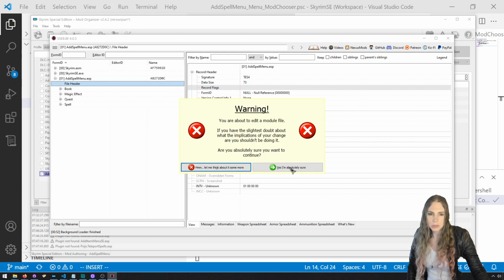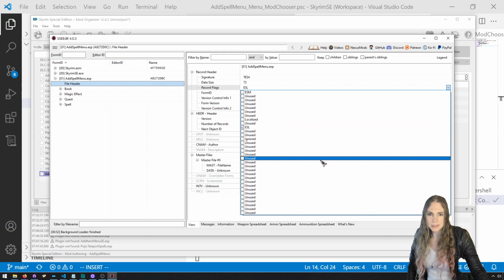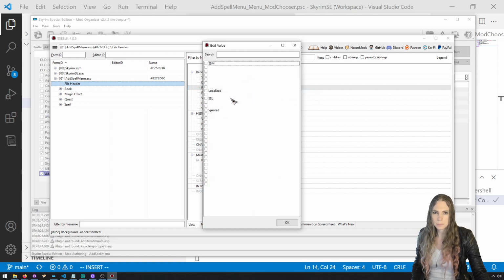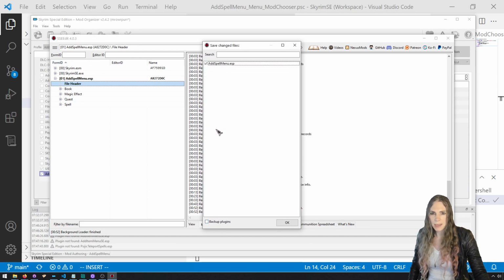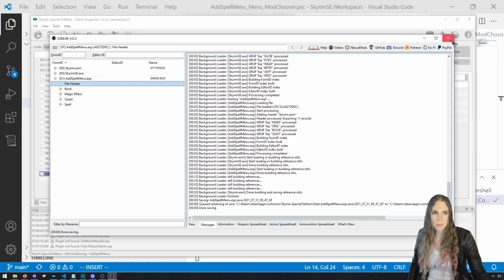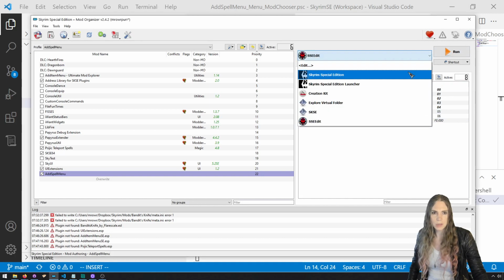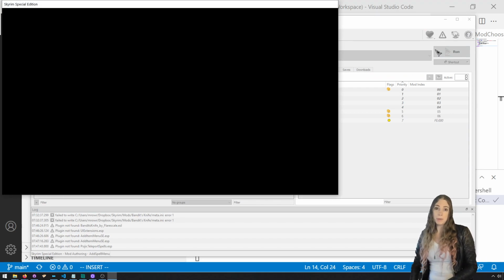It'll ask us if we're sure. Yes, we're sure. It's ours. It's our plugin. We want to add the ESL flag, and that's it. ESL. I didn't see the OK button, so then we're going to save. And we don't need to back up the ESP, because we've got ours in GitHub anyway. Close out of it. And let's run the game and now see if our mod shows up in the list